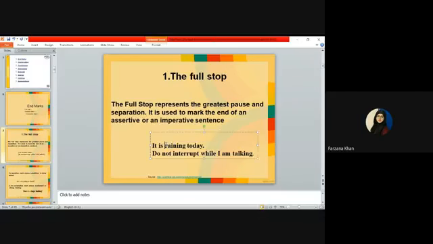Here you can see in this example, it is a rainy day. So it is a rainy day, it's a declarative and assertive sentence. So the full stop is placed here at the end of the sentence. Similarly, in the next sentence, you can see, do not interrupt while I'm talking. It's an imperative statement. So a full stop is placed at the end of assertive sentences and at the end of imperative sentences. End marks basically mean the complete stop, and end marks separate one sentence from another sentence in paragraphs. It was about the full stop.